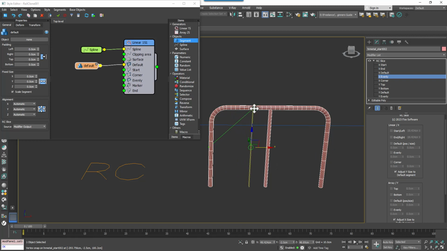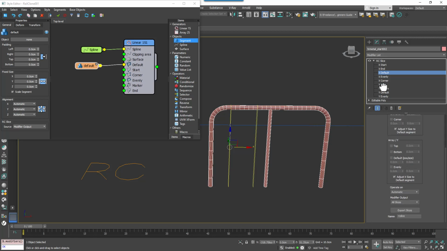You'll also need additional slices in the middle to isolate the vertical posts, and you can adjust these using the evenly sliced plane and then by adjusting the width setting. Finally, created using the same 2 sets of parameters, you need a default section to fill in between all the others. This is a simple blank section of handrail.